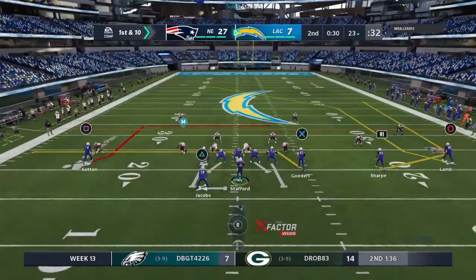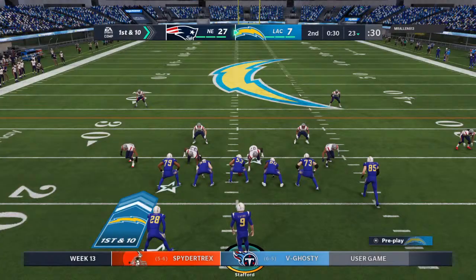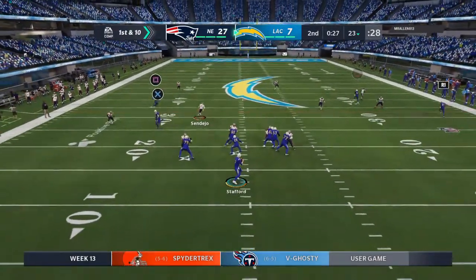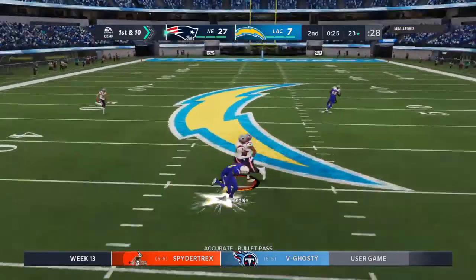The Charger drive about to get going. And you're under a minute to go in the half, a first half that hasn't been particularly kind to you. How do you think they'll play this? Well, I think the smart approach is to run out the...